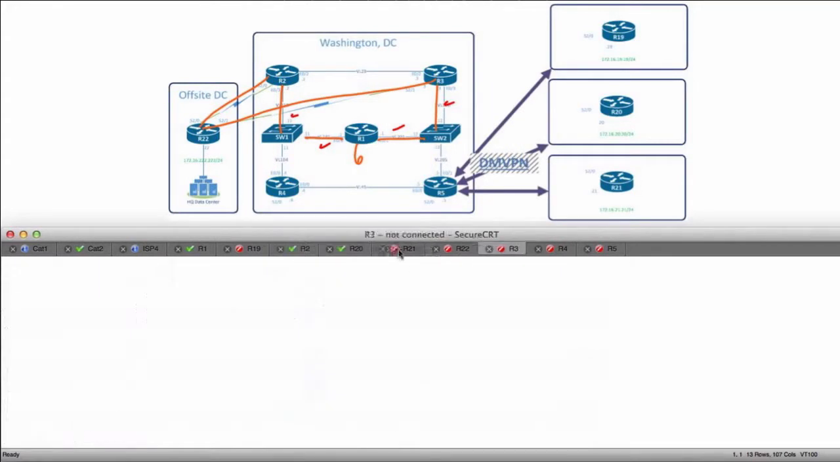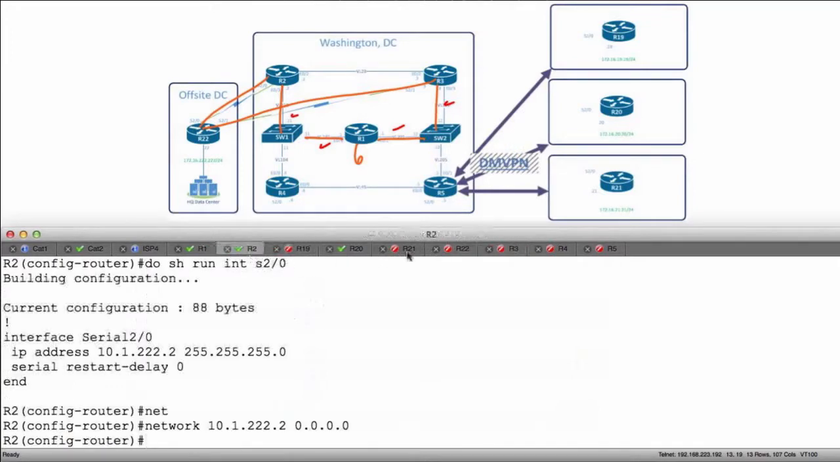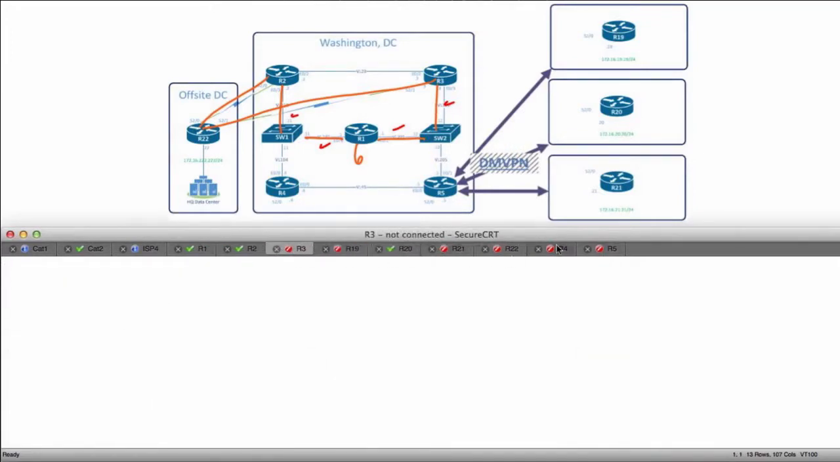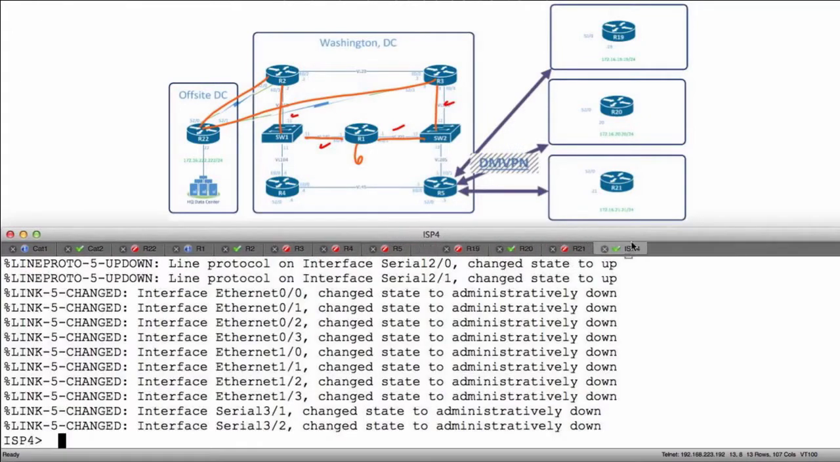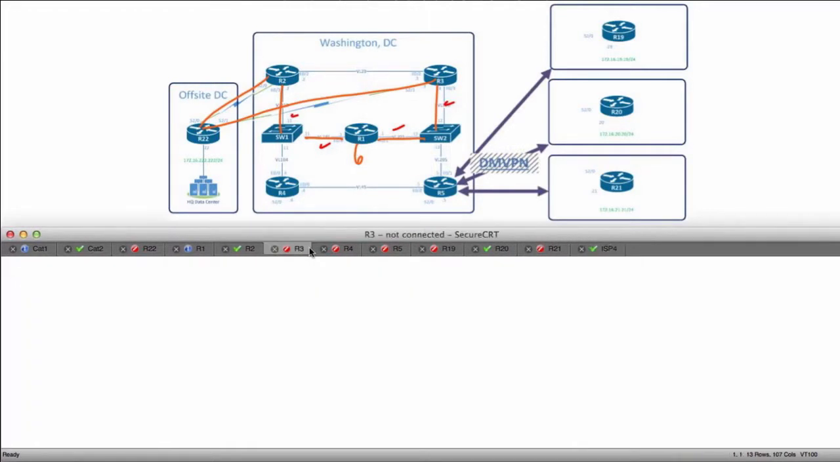Man, these are all out of order. Give me just one second here. Let me, 3, 4, 5, 19, 20, 21, R22. So just to make my life easier, I'll go ahead and put this here and I'll drag the ISP to the end. All right, so now on R3,